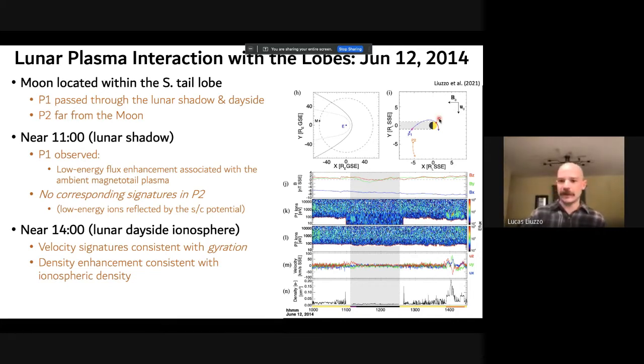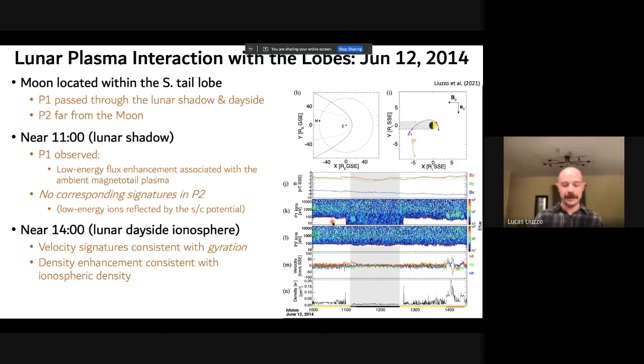You see the trajectories are similar. P1 again goes through the optical shadow and then swings around to the lunar day side. And P2 is located far enough from the moon that we can confidently say that any non-detection of a signature in P2 probably means that it was associated with the moon if we see it in P1. So again, if you look closely, we see an enhancement here as soon as P1 enters the lunar shadow, at this really low energy magnetotail ion population,